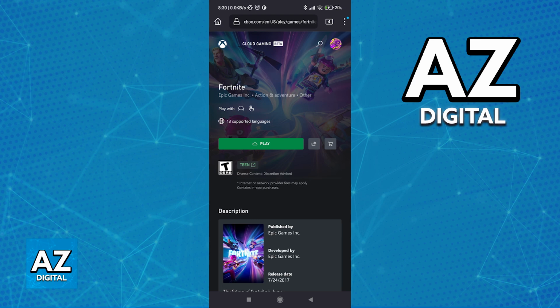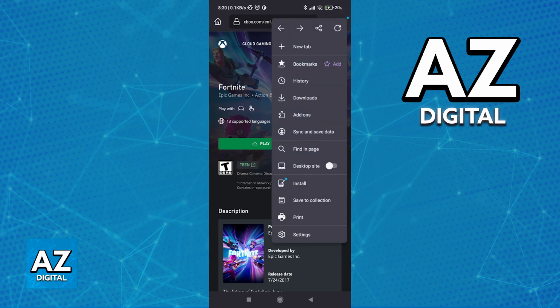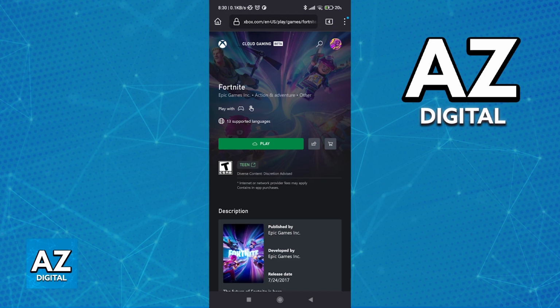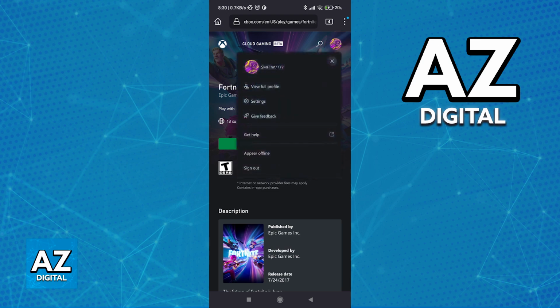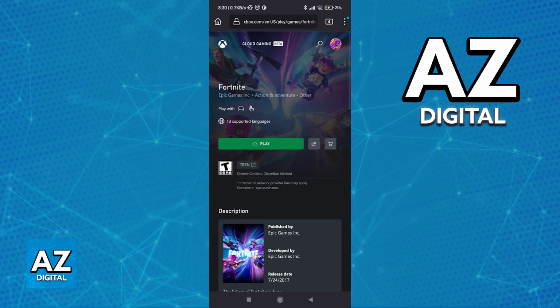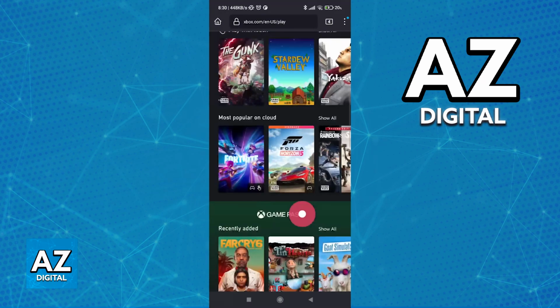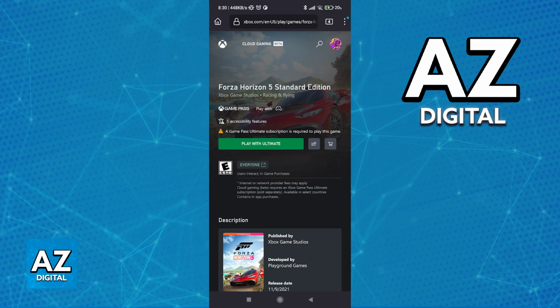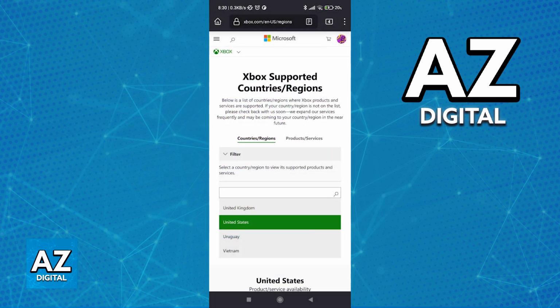So first, what you have to check is to make sure that your account is properly set up and that Xbox Cloud Gaming is available in your region natively. So make sure that you are signed into an Xbox or Microsoft account and try seeing if you have the option to play any game. If you are doing this process on an Android device, when you visit the Xbox Cloud Gaming website, you will be able to choose any game and see the option to play right away or play with Game Pass if the service requires it. So, to see if it is supported in your region, you can visit this website, Xbox